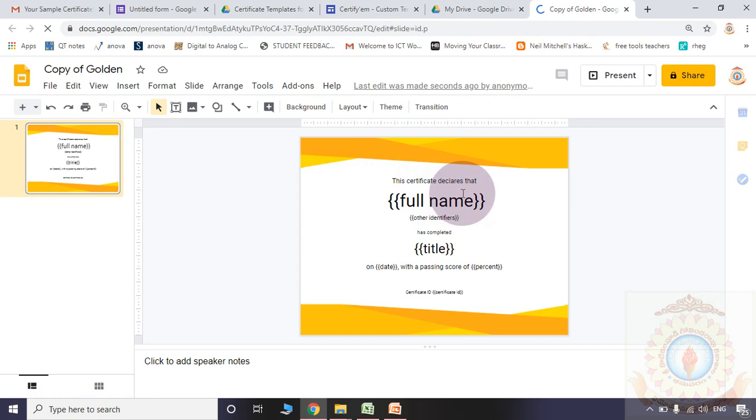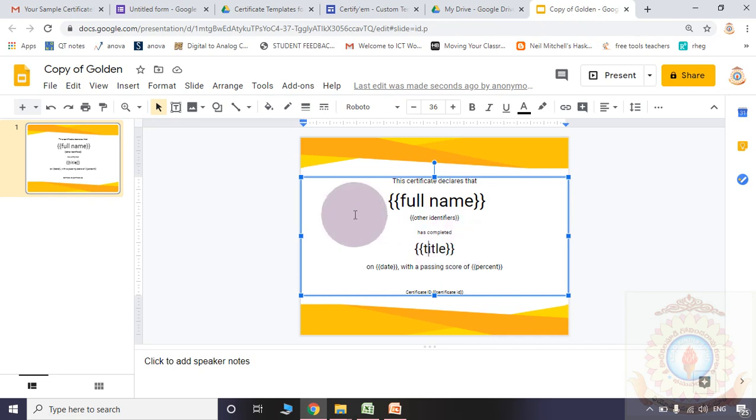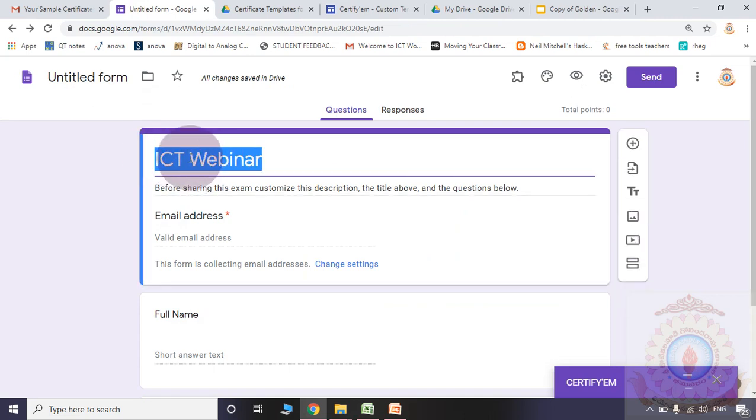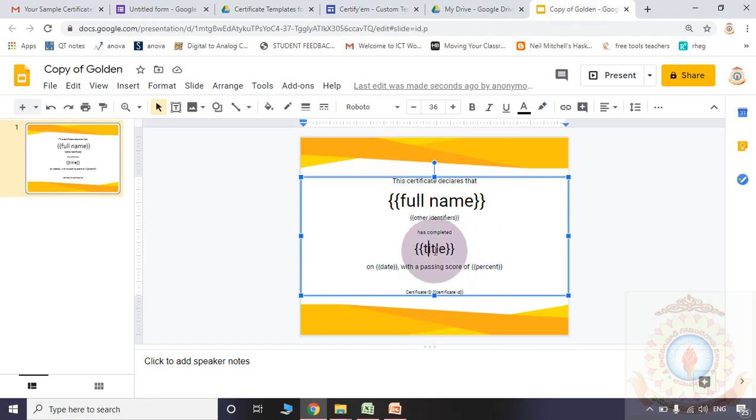This certificate declares that the name of the participant will come, another identifier will come, the organization name will come, has completed, and the title is there. This title I told you already, whatever you are typing in this place will be copied. Suppose by mistake anything is changed here, then automatically in this place the same will be reflected. So purposefully in the place of the title,